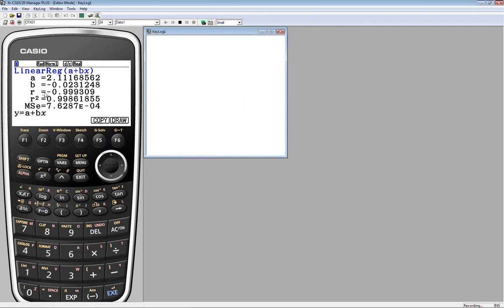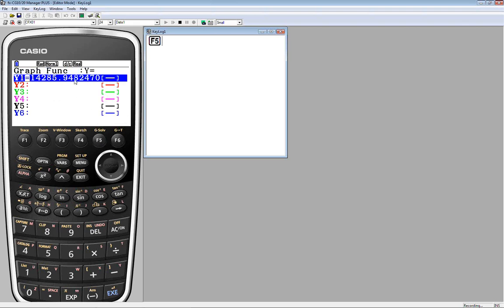We have correlation, and I just want to observe it's negative 0.9993. We're going to speak about that number again in a few moments. Another optional step, but I highly recommend it, is when you've done one of these regressions, use F5 to copy that to the y= editor. In this case, it doesn't matter where you put it, but I'm going to put it in Y3, and the green will go with the green.